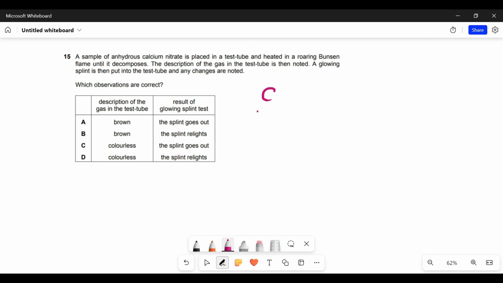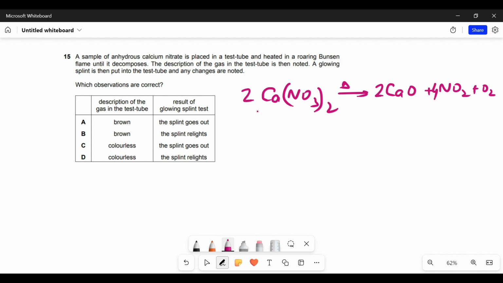If we heat calcium nitrate, Ca(NO3)2, at high temperature, it breaks down into calcium oxide, NO2, nitrogen dioxide and oxygen. We can balance it. The color of the nitrogen dioxide is brown, and we know that oxygen gas can relight the glowing splint. Hence,